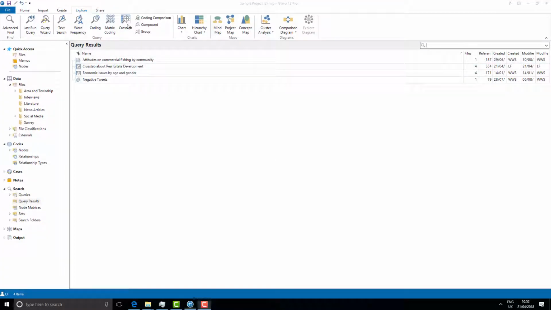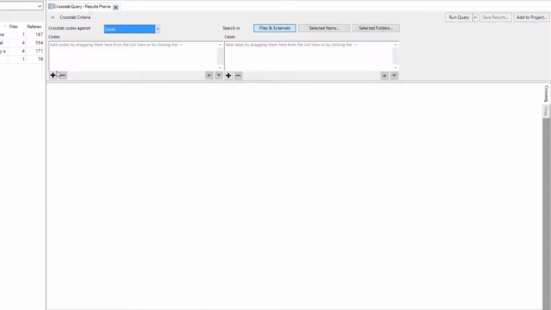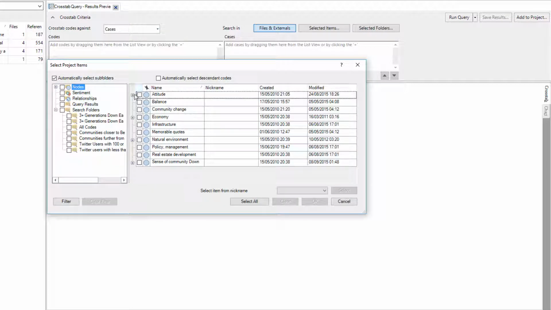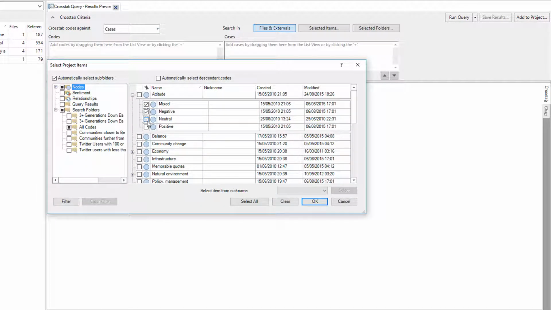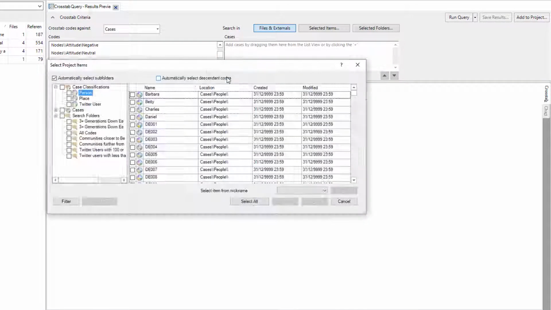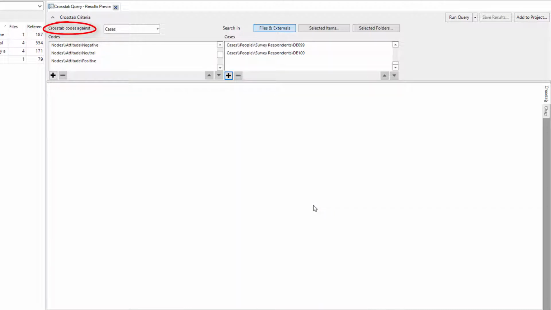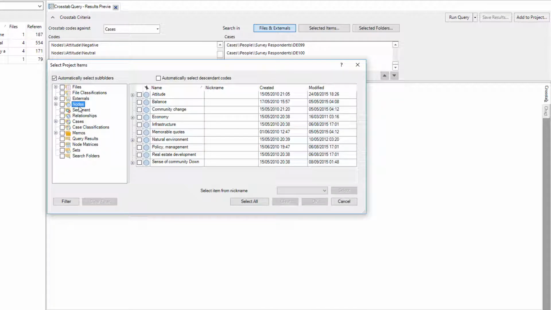I can also run a crosstab of codes versus cases. First, I change crosstab codes against to cases. Then I select my themes, and then my cases. I'm going to select all of the survey respondents. I can scope a query to a particular node. In this case, I'm going to choose real estate development again